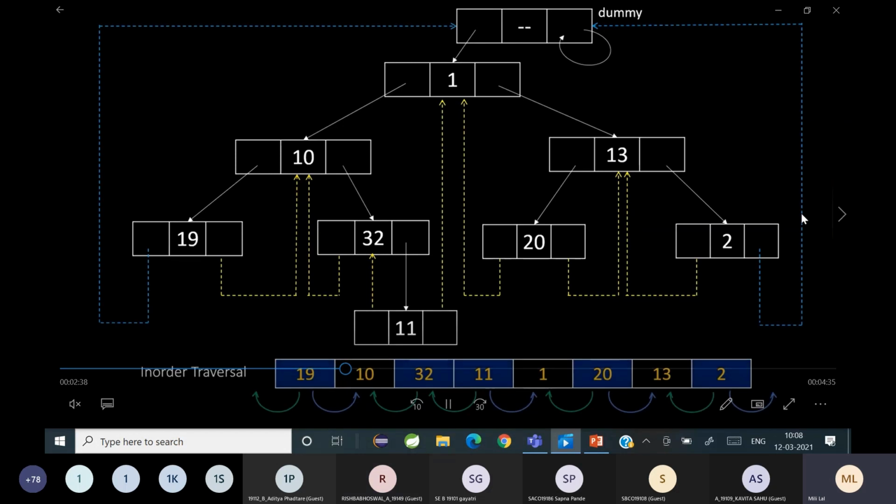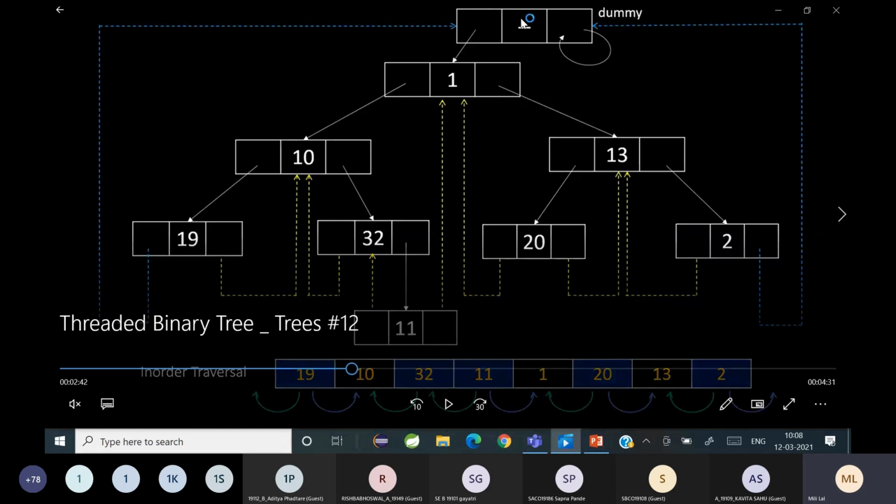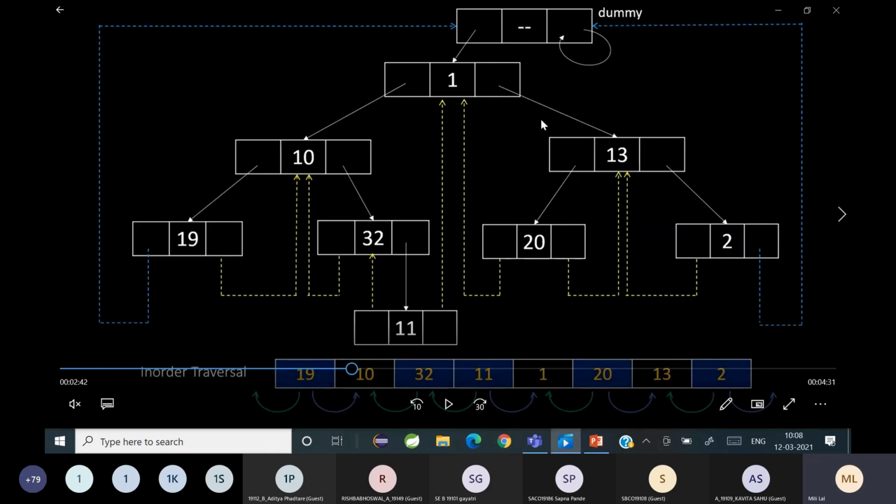So the grounded part is connected to a dummy node. ये जो dummy node का क्या है? Left is going to point to the root node and right is going to point to itself. So remember, why are we using a dummy head node? So that you can avoid the nodes which don't have a successor and a predecessor being left grounded.